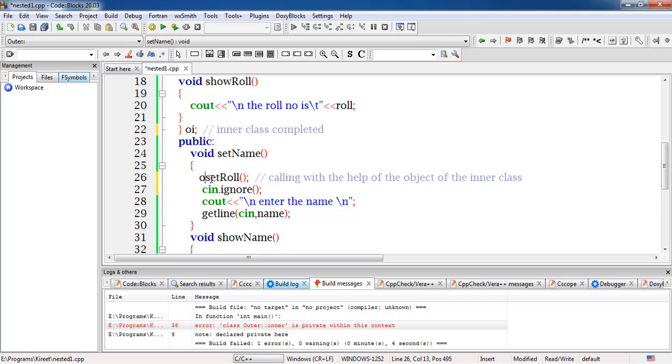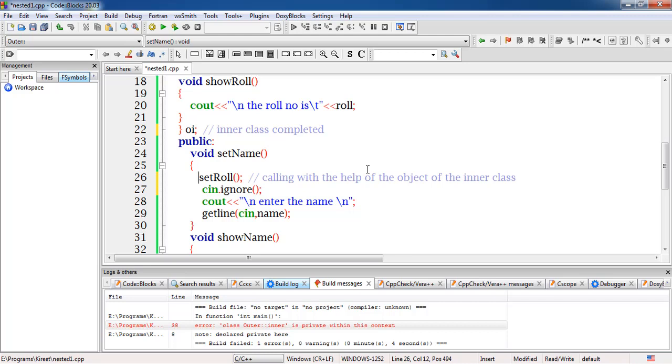If we try to do it like this, it is not a valid concept, because this set roll number is not accessible by the members of the outer class. The same rule follows, because we are providing data security to it. This set roll number is a part of the inner class, so it must be accessible only by the object of this inner class. If we are trying to access the members of the inner class with the help of this set roll number, as we did in the earlier scenarios when we were creating only a single class.